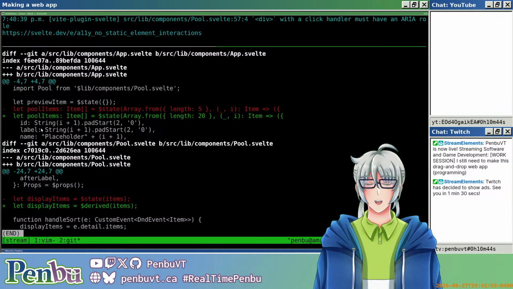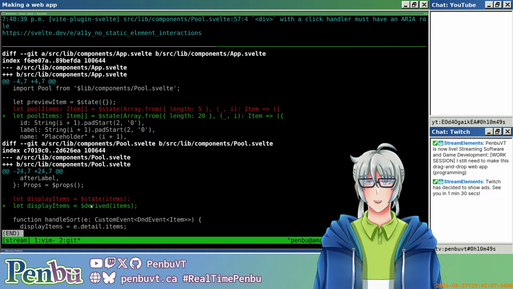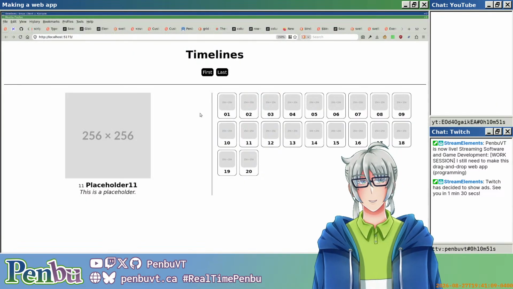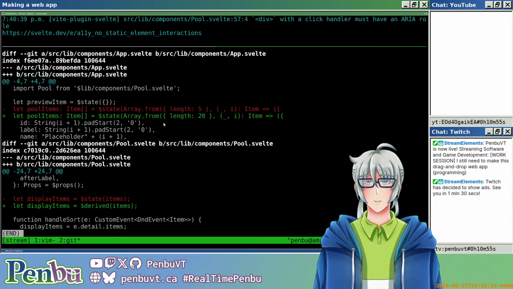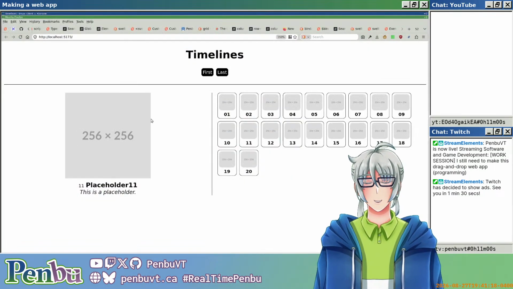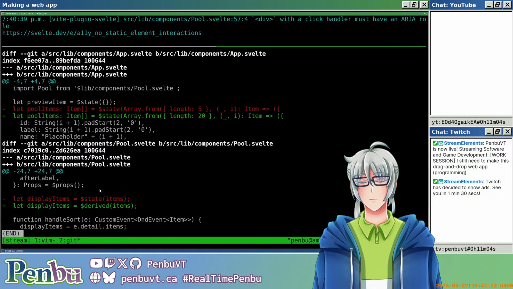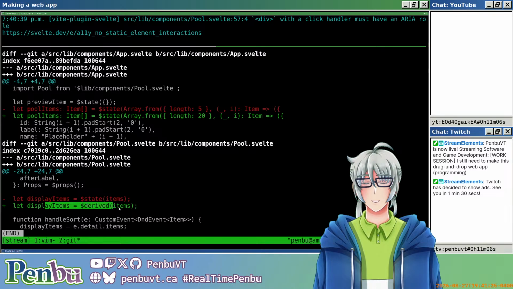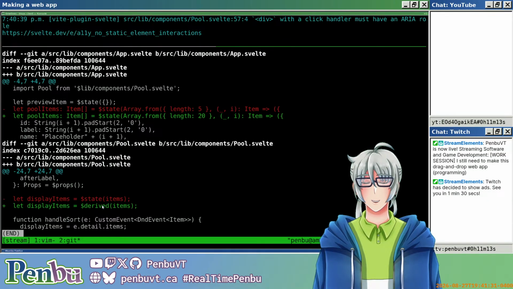A couple of things I made after stream. I put the length back to 20, and then for the dummy data, which we're going to be able to get rid of, actually, I might extract this out into its own library function, just so it's not cluttering here. And then display items is derived. I don't know if this is significant, but I realize that derived is probably the more correct way of going about it, especially since